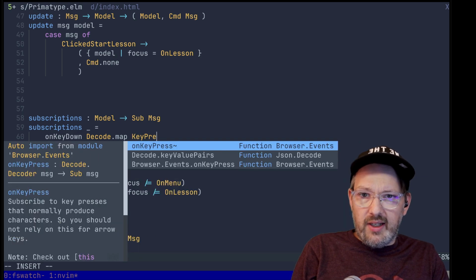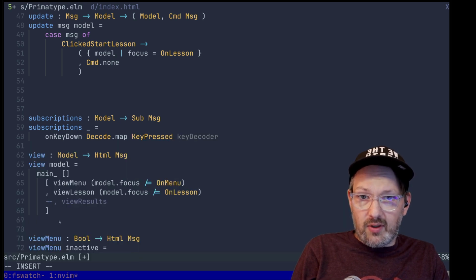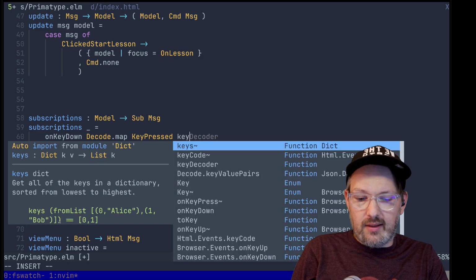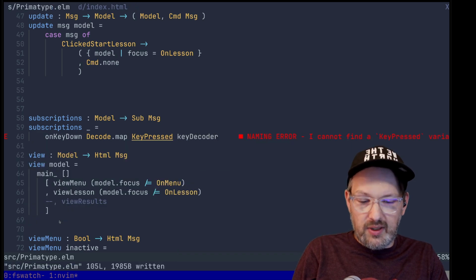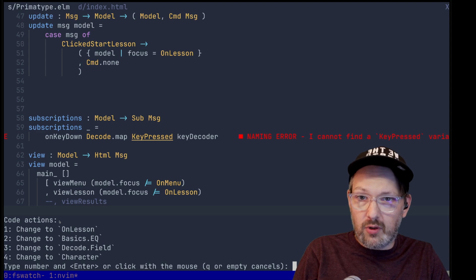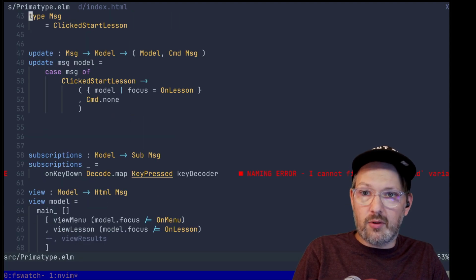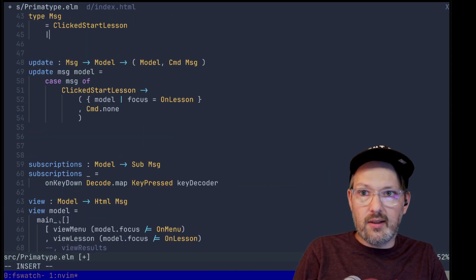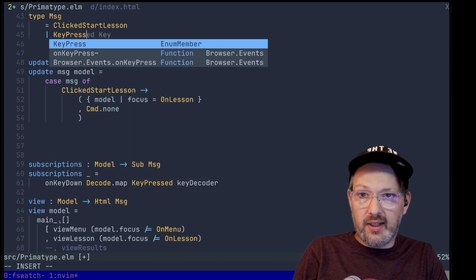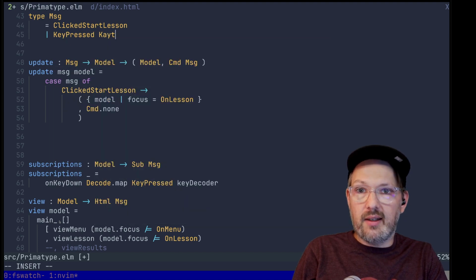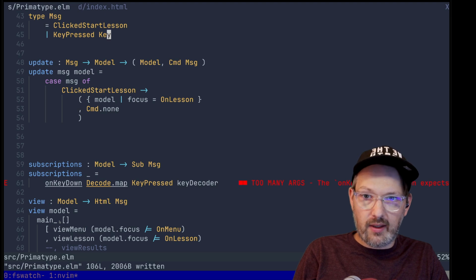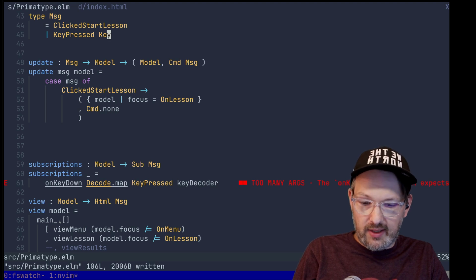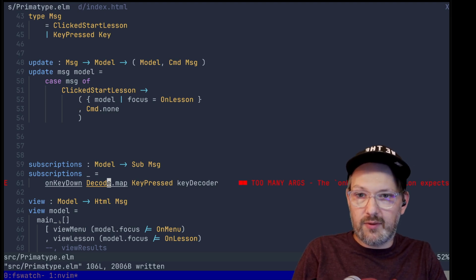Key pressed, so this constructor or this function doesn't exist yet. And I think the LSP is not smart enough to derive it for us. So we have to create this message. It's key pressed, and it takes one argument, key. And it's still not happy. Yeah, because we have to give it some